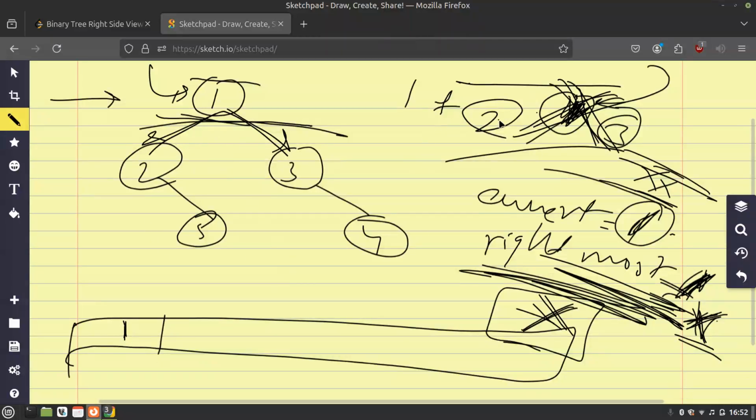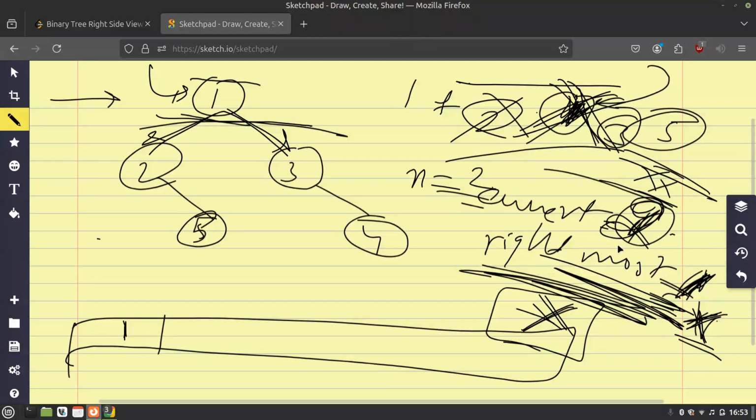Then I move to the next level, and first of all, I get how many nodes are there in this level by the queue's size, and the answer is 2. I loop over these two nodes. I take the first one, pop it out of here, put it in my temporary node variable, and check whether it has left and right subtrees. It does not have left, so I will not push anything from the left side because there is nothing. It has a right subtree. I will push 5 into this queue,